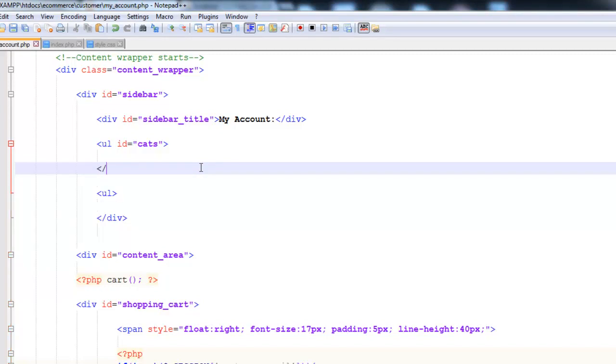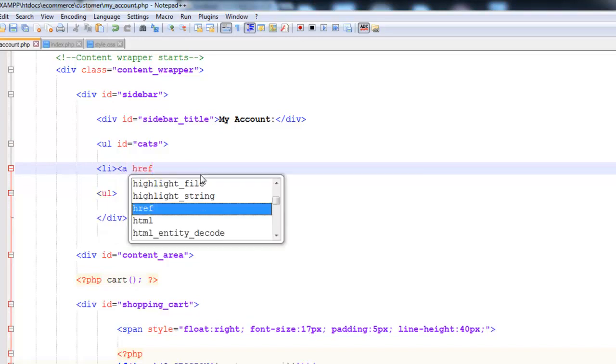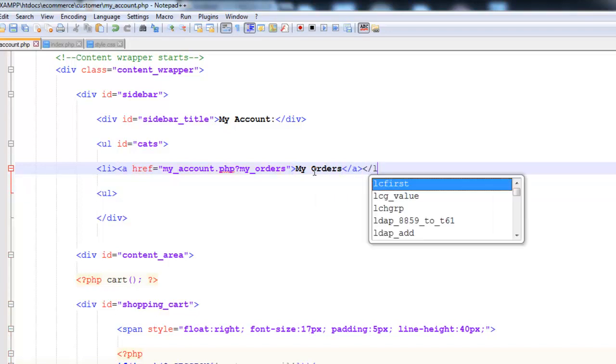Basically, side li tag, li href is equal to my underscore account dot php, and this first one will be my orders, my underscore account dot php. This is the same page we have given as a link, and we have created a get variable or URL variable called my underscore orders, which we can later on catch, and the text will be my orders. Link close and li tag close,